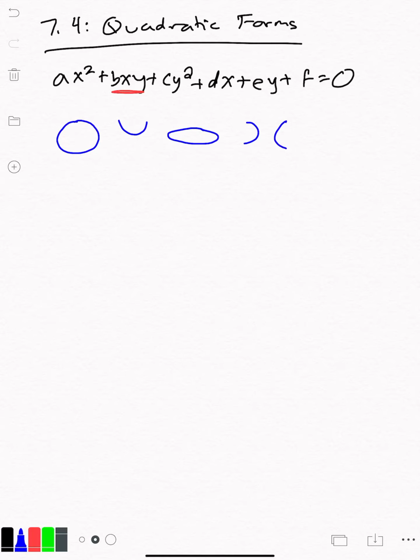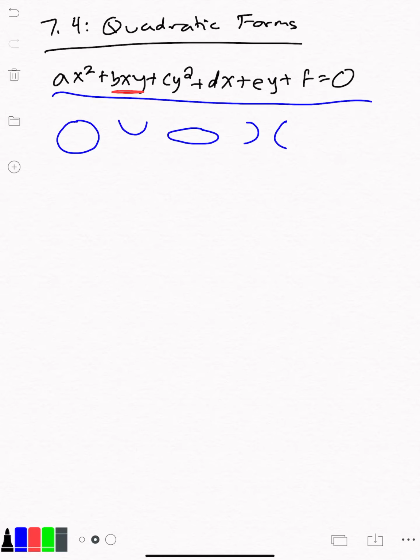But when you have the xy term there, it's harder to figure out what's going on, where your foci are, and all that stuff. And it turns out, using the techniques of what we learned here, there's an easy way to get rid of the xy term with a change of variables. But it involves a lot of theory getting to this point. So the idea is, whenever you have this type of quadratic equation,